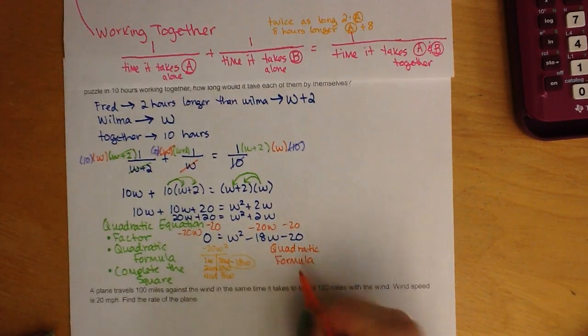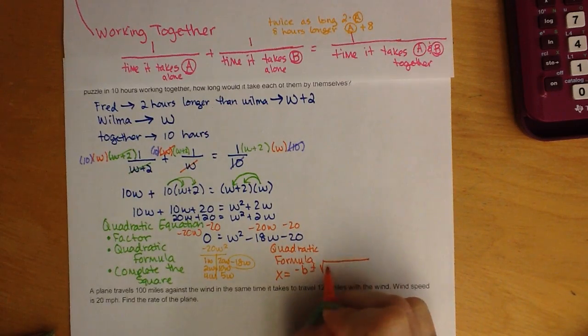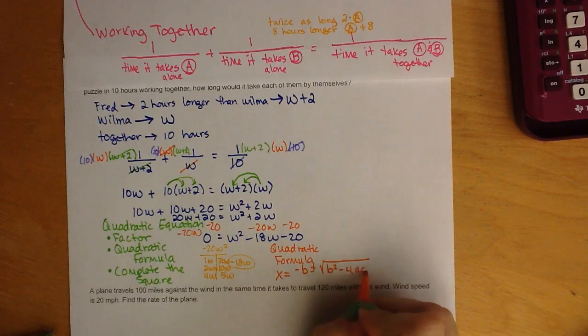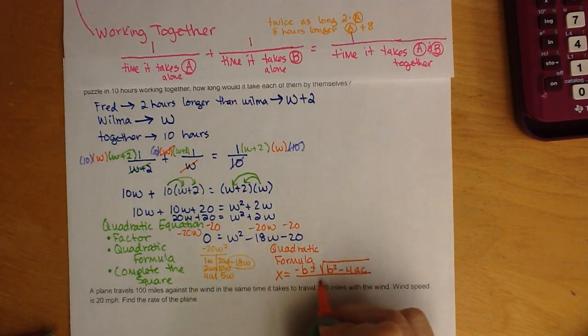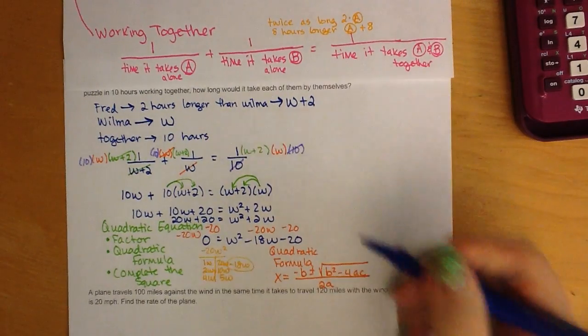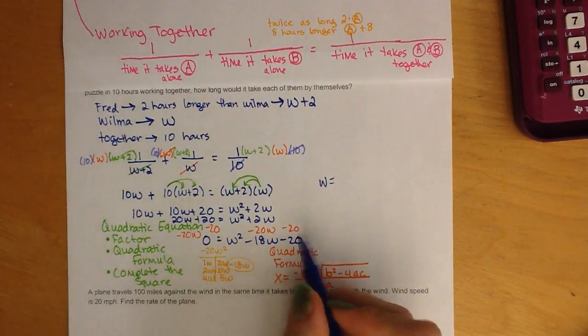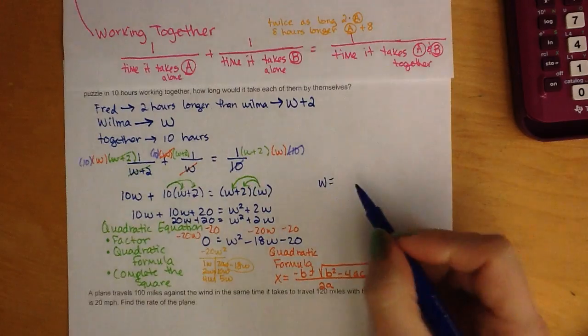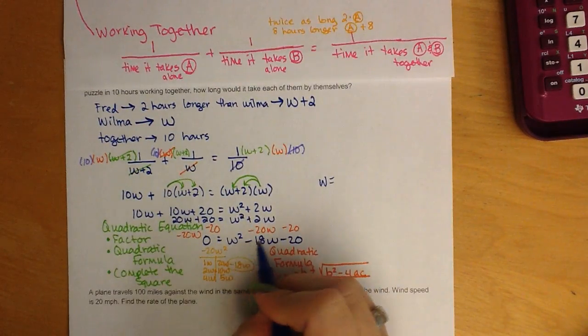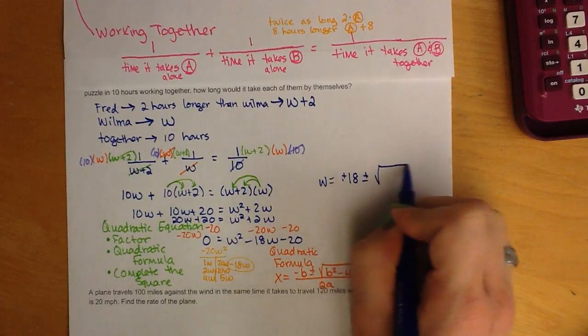Which, if you remember, is x equals opposite b plus or minus the square root of b squared minus 4ac, all divided by 2a. So I'm going to work mine up here because I ran out of room. I'm going to use the letter W instead of the letter X because that's what my equation has. So I have the opposite of b, so that will be positive 18 plus or minus square root